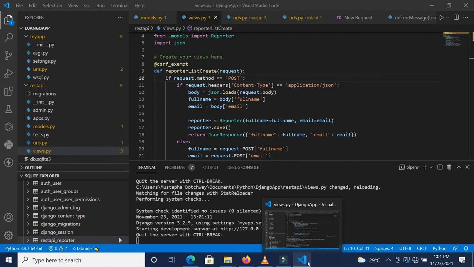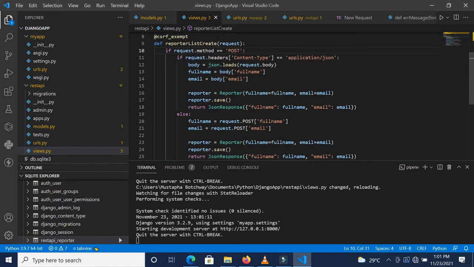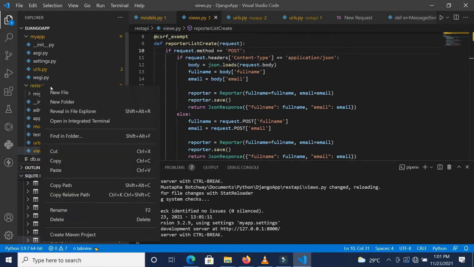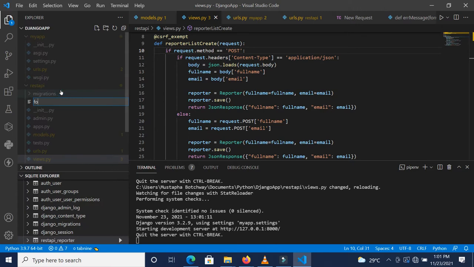So today we're going to see how we can handle form validation. This is currently saving the information without doing any form validation. So even if we send an invalid email, that gets saved inside our database, and that is not how we want to run things. So inside our app, we're going to create a file called